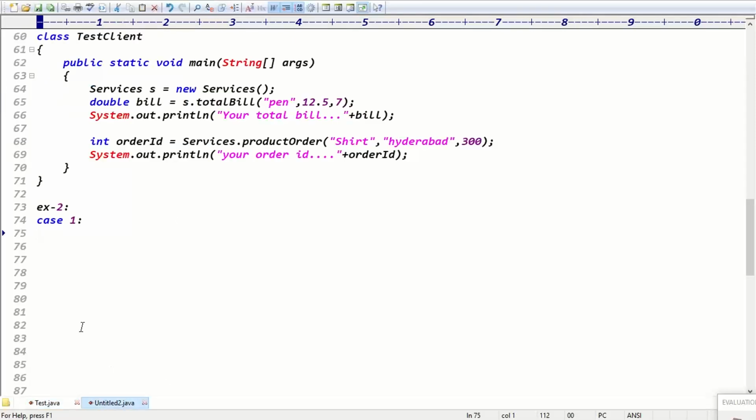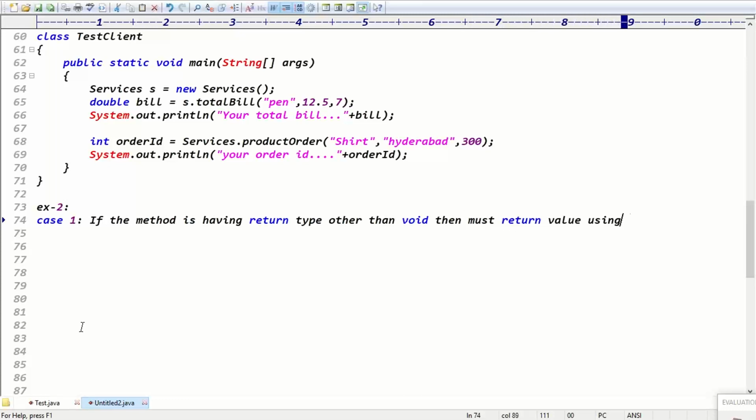The conclusion one is what? If the method is having a return type other than void, then you must return the value using the return statement, right?